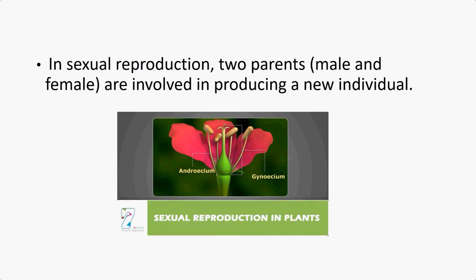So Natasha, you understood the meaning? Yes, Natasha, you're correct. Srinidhi, just now I gave the meaning. Sexual is a reproduction process where two parents must be there. Male and female should be involved. Then only this process can take place. It's just the name of the reproduction process. Understood, Srinidhi?